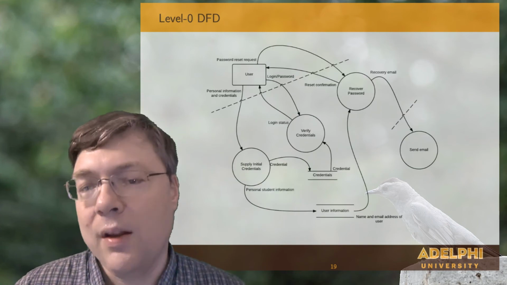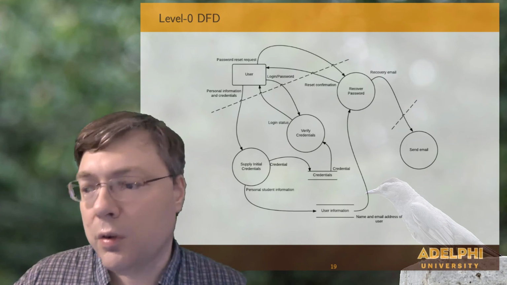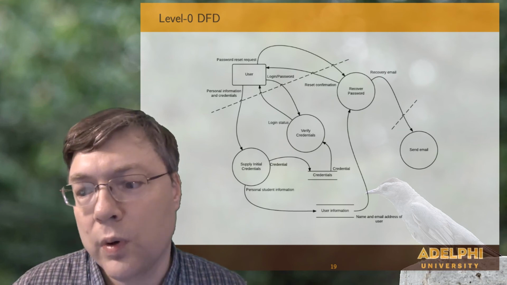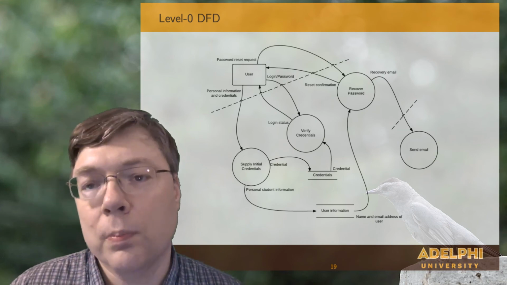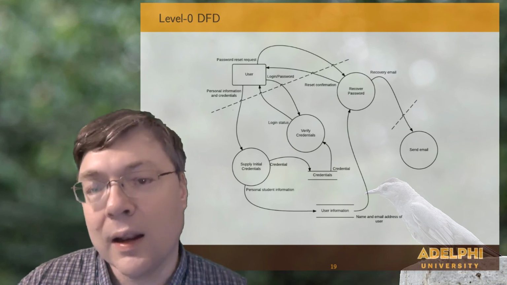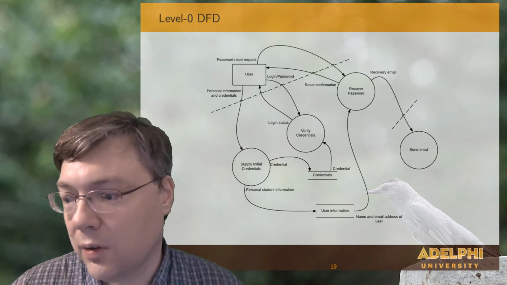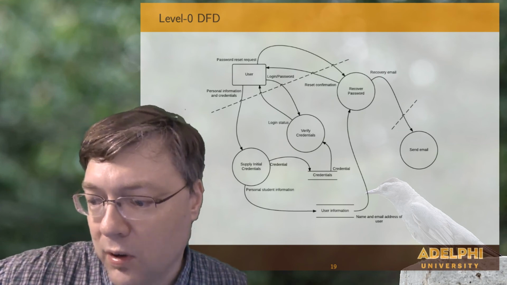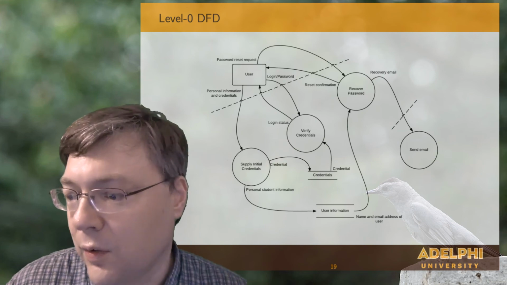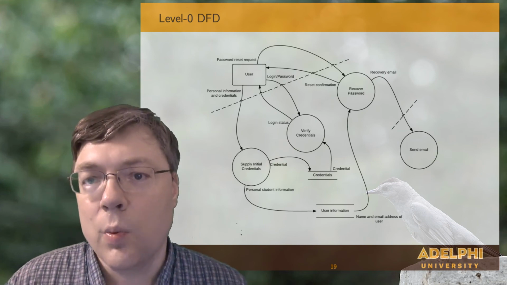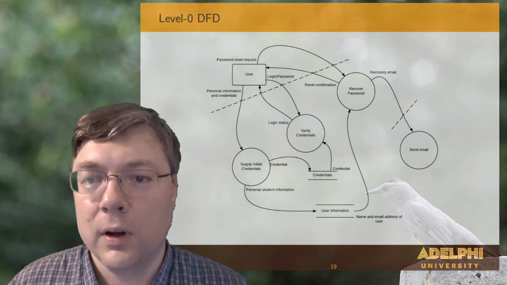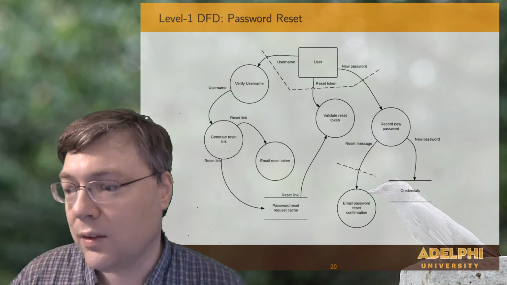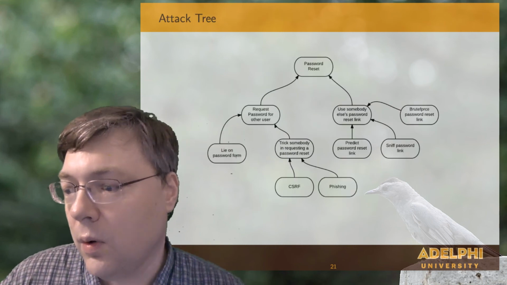For example, based on this, I can create a level 0 DFD where I have the user who has processes to verify the credentials, to recover a password, or to supply their initial credentials. And all of that interaction with the user goes across trust boundaries, and as such, it should be subject to inspection. And so, as we start digging into these models and we start identifying where those trust boundaries are, we can start figuring out what could possibly go wrong, how do those attacks work, can we create attack trees, and then based on these attack trees, we can create